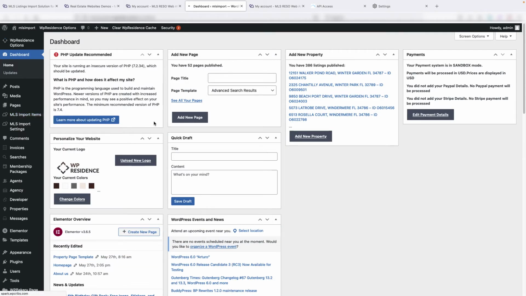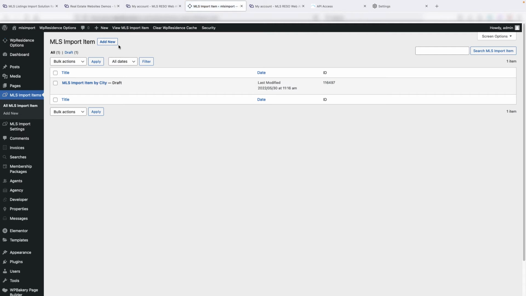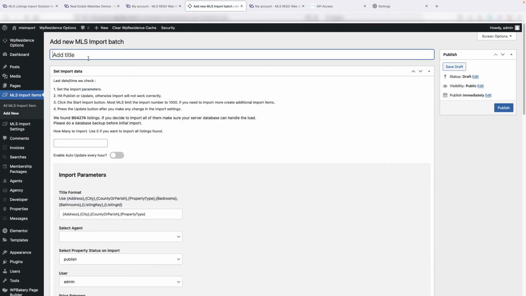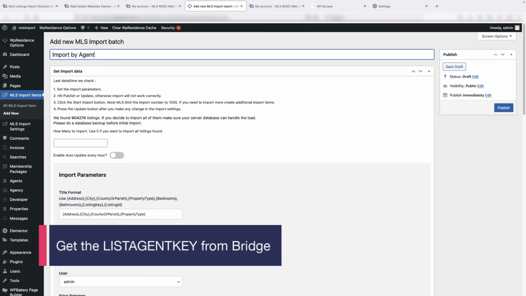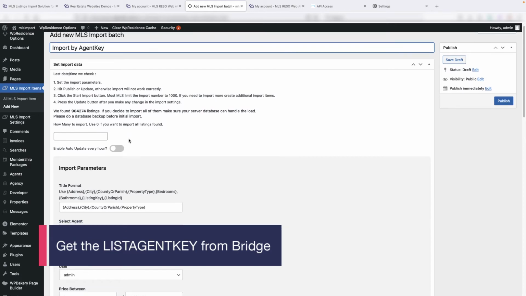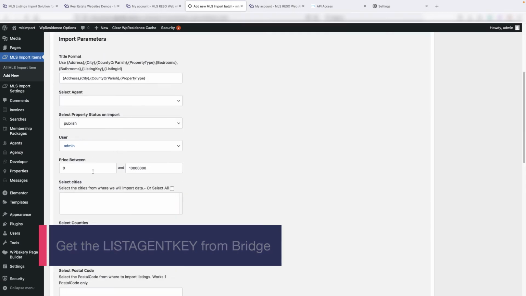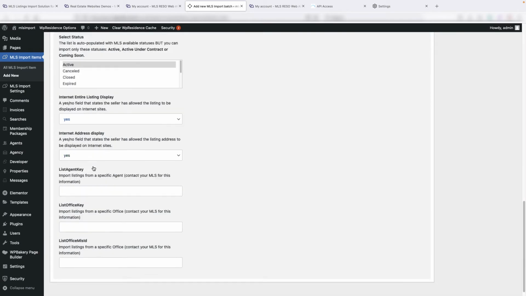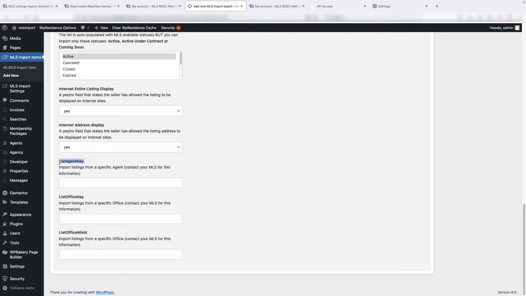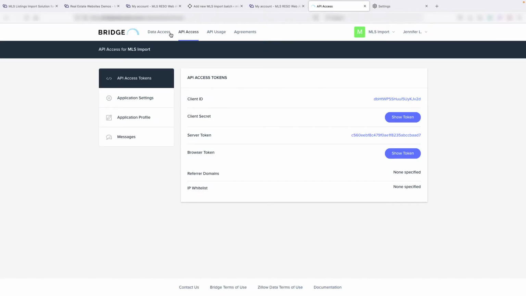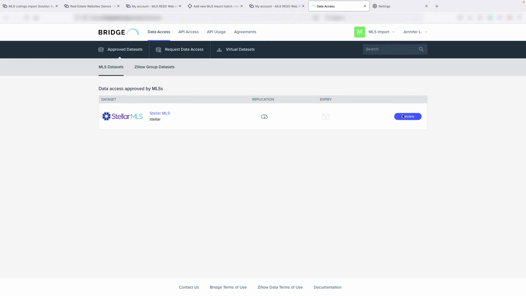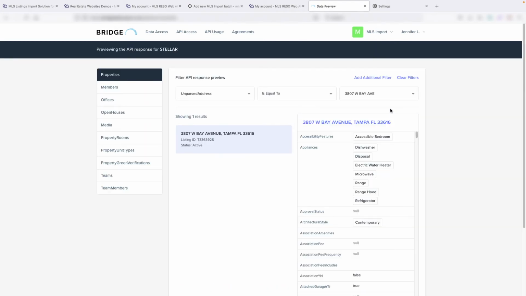I will show you next another example for how to create an MLS Import item by listing ListAgentKey. First, go to Add New and add a new MLS Import item. Add a title here. You can select a specific agent, user, price, and so on, but if you want only your agent listings, the most important field to add is the ListAgentKey. The value is found in your properties details, and I will show you how to get this value from Bridge